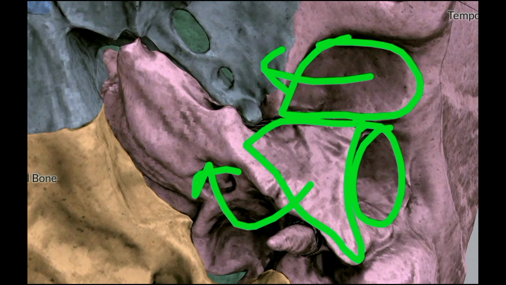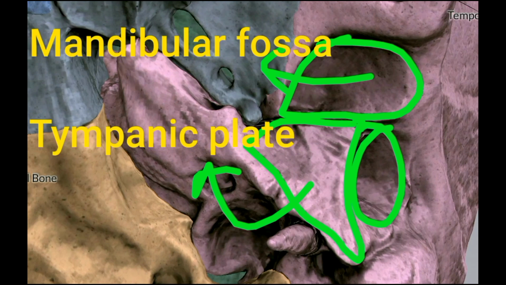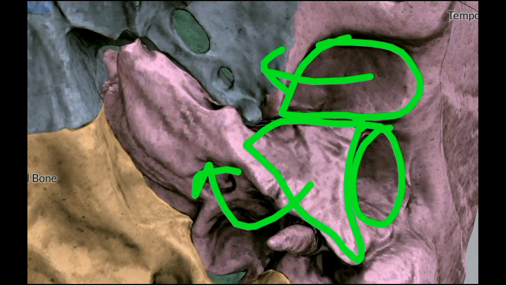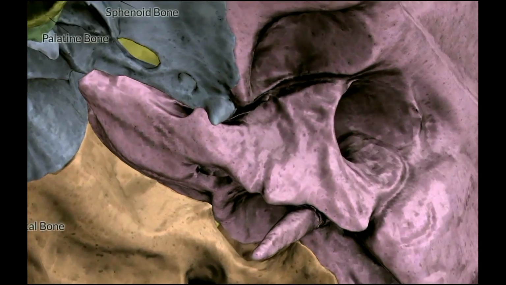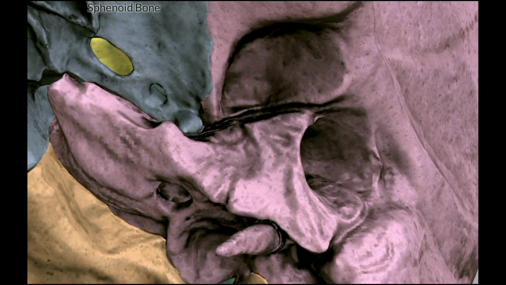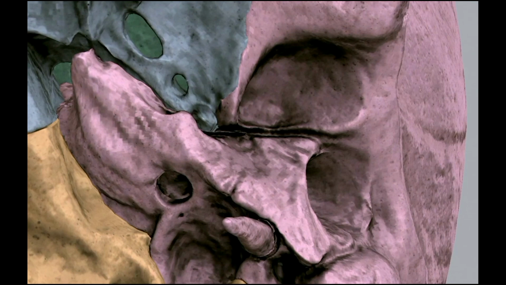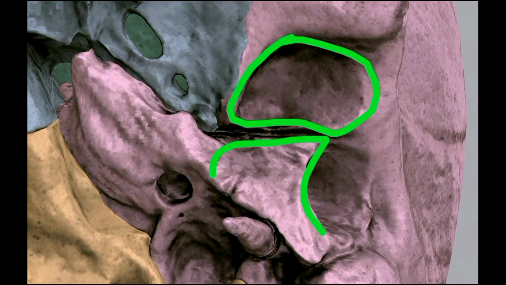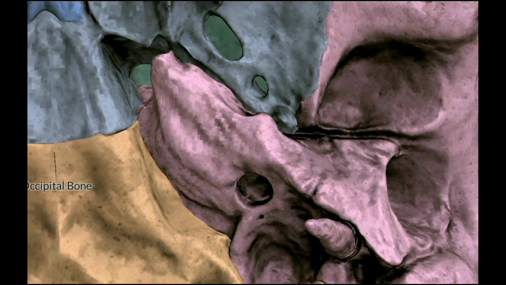This is the tympanic plate. It forms the anterior wall of the bony external acoustic meatus that we discussed in norma lateralis. Please go and see. Why am I telling you to go and see? Because you can correlate and integrate as you go along to further topics. It will make you understand easily. The squamous part and tympanic part are separated by a fissure called the squamotympanic fissure. That is the squamous part, the articular part of the mandibular fossa. This is the tympanic part, the non-articular part, and the squamotympanic fissure lies between them.